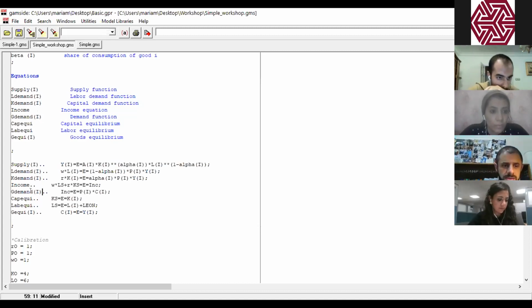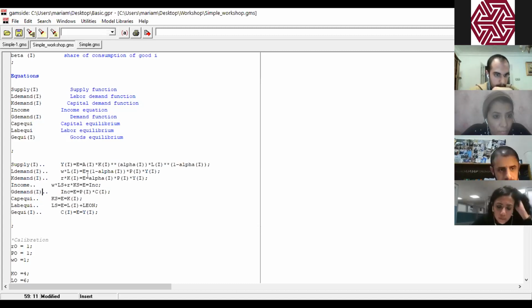Okay, what else? Is there anything missing? Yes, beta. For example, he didn't use beta(I) in the income function. Exactly. So we have to multiply the income by beta(I) in the G demand. Yes.